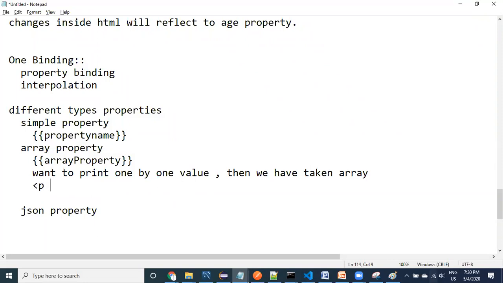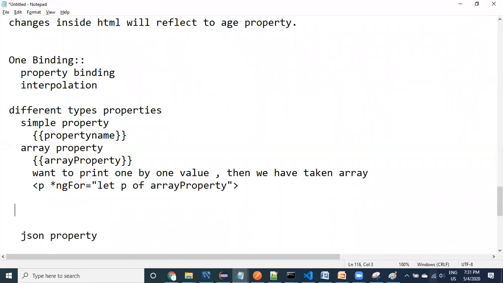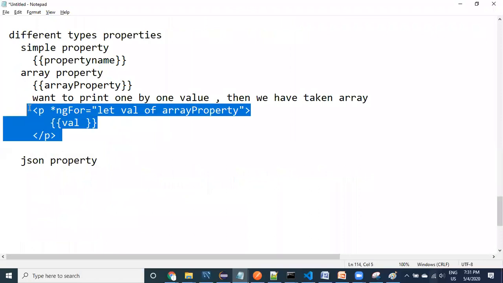If I take a paragraph, see here, guys: *ngFor, let p of values, the array property. Then inside the p, before the paragraph closing, we have used string interpolation. So p is a variable; you can take any variable, value or val, whatever you want. In this fashion we have worked with this one.